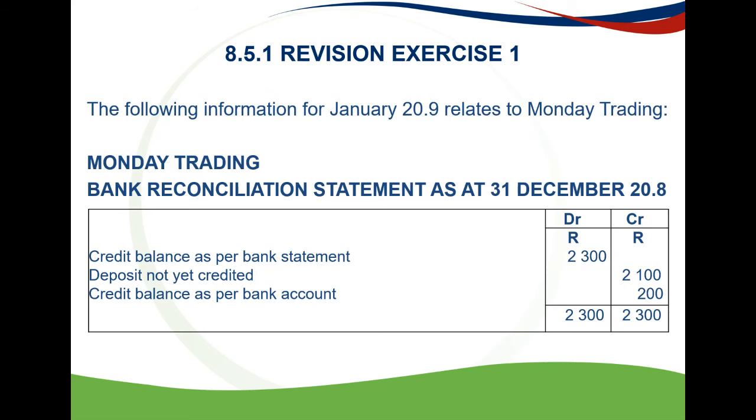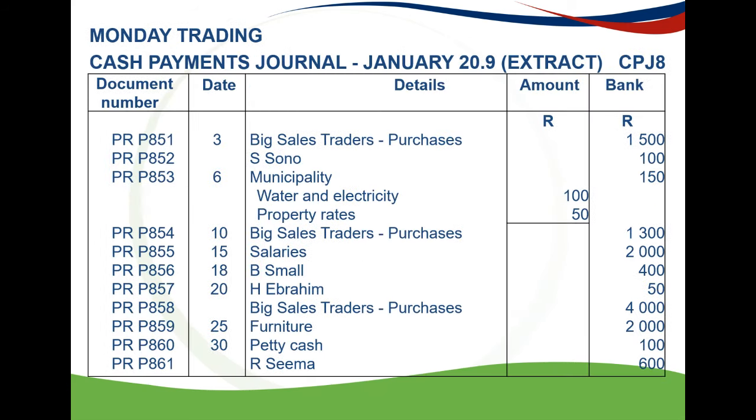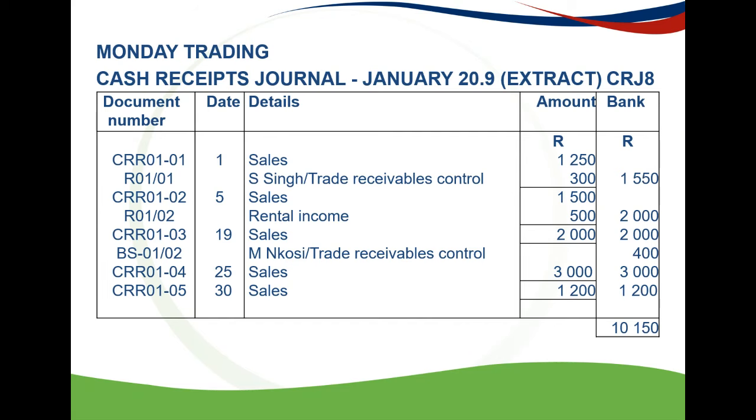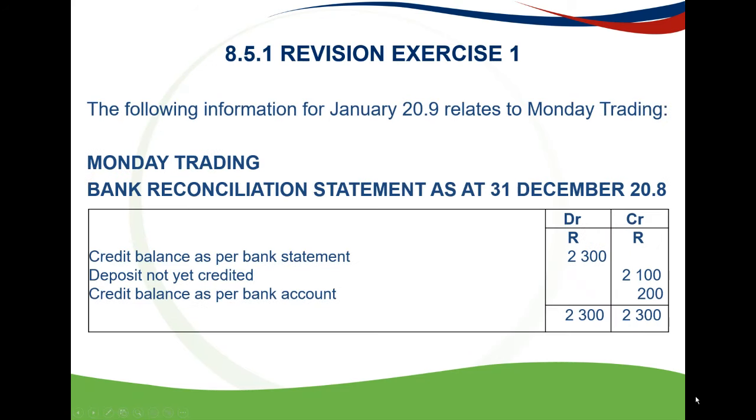So this must first be compared with the bank statement of January. The December bank reconciliation statement must be compared with the bank statement of January 20.9. So that's what we're physically going to do. Firstly, we know that our opening balance is correct,